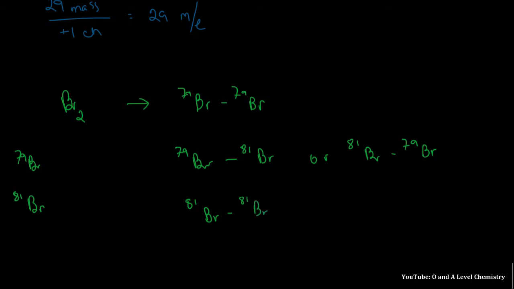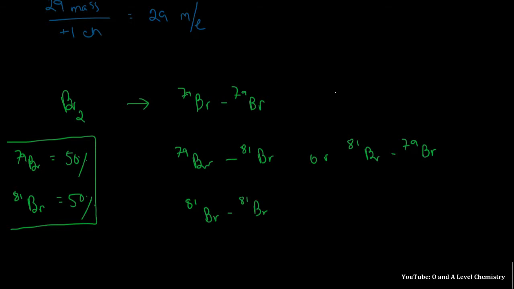So in this case, we already know that the abundance of 79Br is 50%, and the abundance of 81Br is also 50%, which basically means that if you take a sample of bromine anywhere in the world, in that sample you're going to have 50% 79Br and 50% 81Br. So what we do here is,